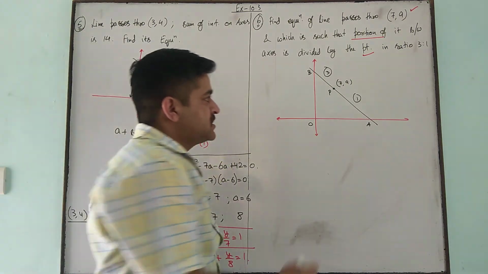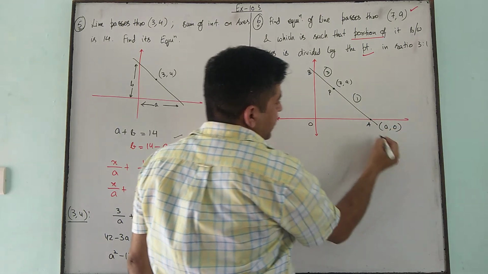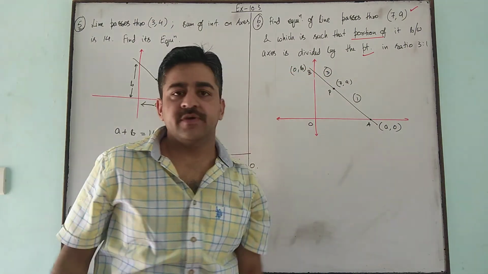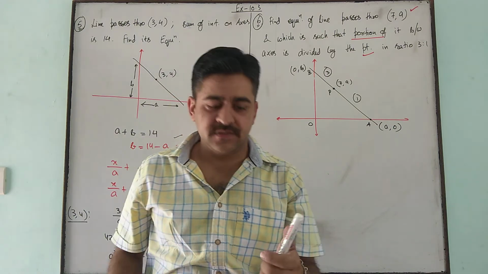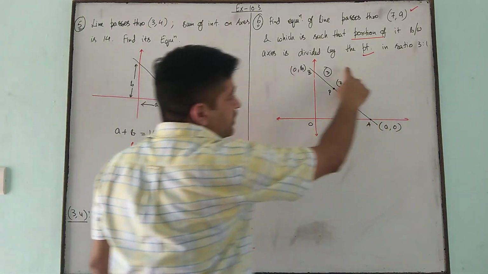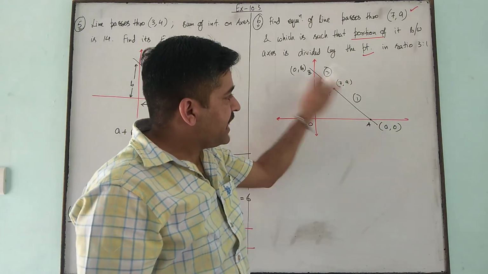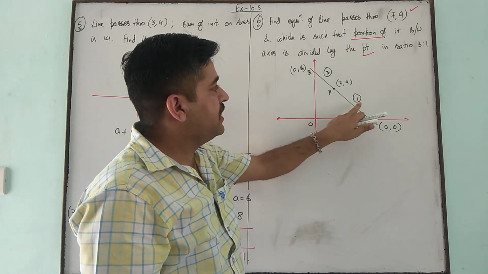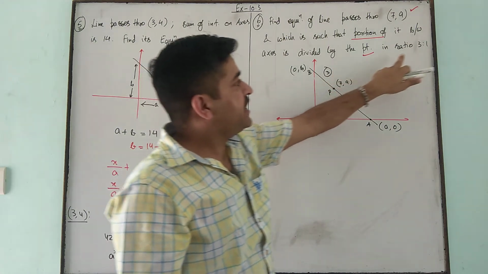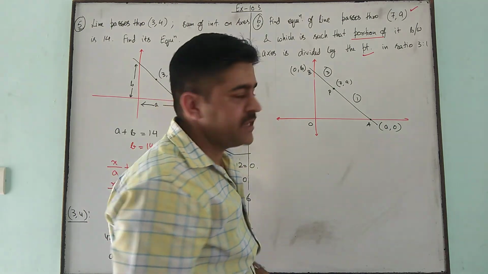Now just by the section formula you will get the values of A and B and use the intercept form to find the equation. But a little mistake is there, just see. He has given the ratio as 3:1. Actually the line begins with the x-axis, that is AB is the line. So the ratio we have taken is 1:3, and he has given 3:1. So this is a general mistake, that's why I am telling you.